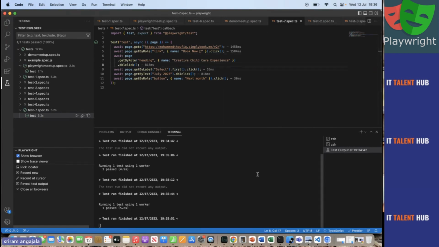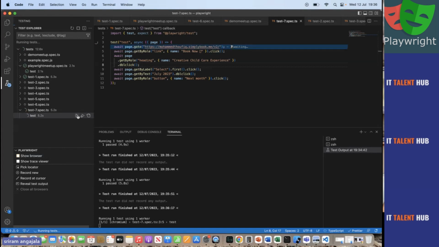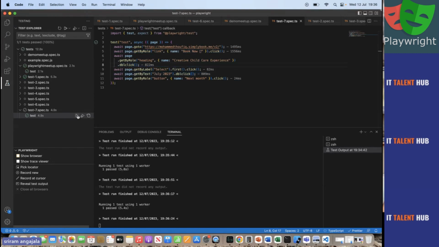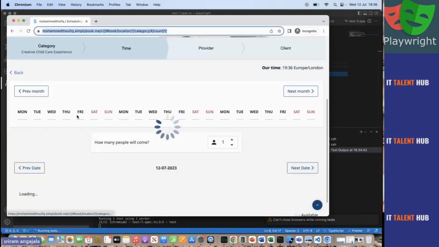OK, and what else you want to do? I mean, if you want to run in headless also, you can just do this and run it. So it will run in headless. OK, so you can see here line by line it's executing, and it is executing in the Visual Studio. OK, not in Selenium IDE or something like that. Because I said don't run the browser, it will disable. So now you can see here it's running on the browser.